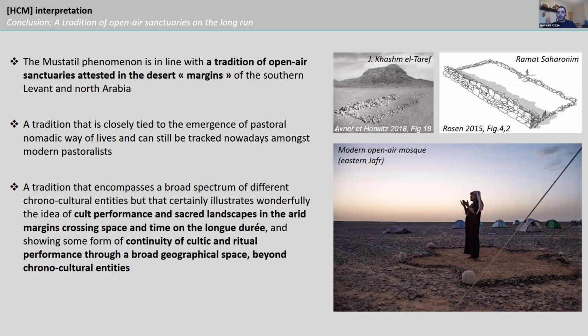In this respect, it appears that the Mustatil phenomenon is in line with an inherited tradition of open-air sanctuaries attested in the desert margins of the southern Levant and North Arabia that emerged during the Neolithic period, closely tied to the emergence of pastoral nomadic ways of life. Although such monuments vary in shape and organization, they share an obvious basic characteristic, which is the symbolic delineation of a physical space of open air,